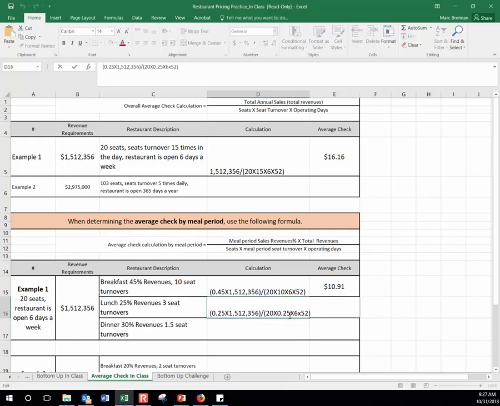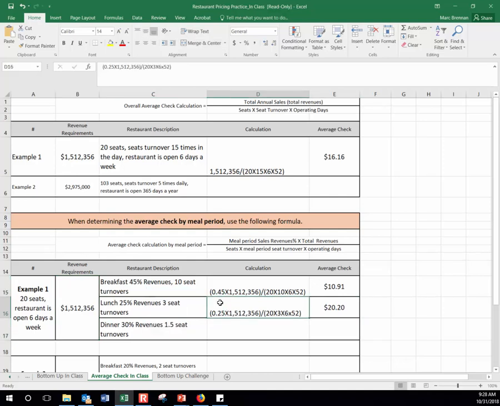So just over here, it should be 3. Okay? And the 3 is the meal period seat turnover, not the 0.25. Okay? So using that information, I need $20.20 in average check at lunch in order to get this revenue requirement,